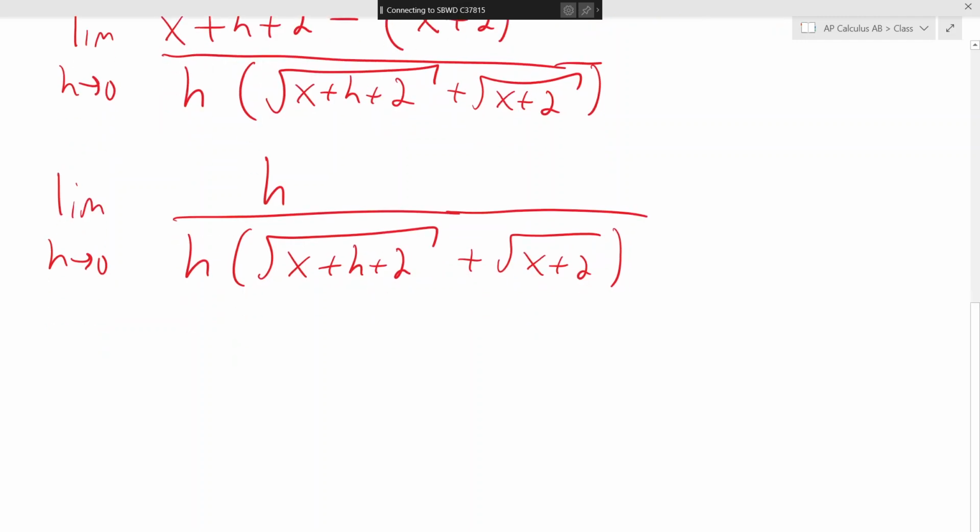Square root one will look very similar to this. These h's are going to cancel, leaving me 1 up top. Once the h's cancel, that's when we remove this hole when h was 0. So now we can plug 0 in. We can see what's going on at 0. When you drop a 0 in for h,